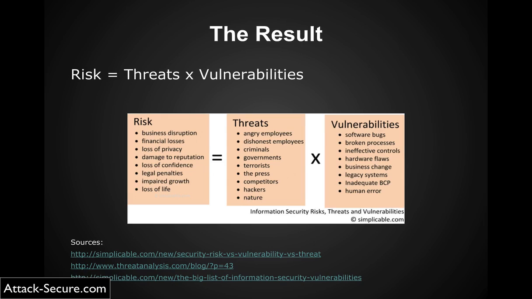So the final result is risk equals threats multiplied by vulnerabilities. Risk may be business disruption, financial losses, loss of privacy, loss of confidence, loss of life, legal penalties, and some other nasty things. Okay? Threats may be hackers, attackers, terrorists, criminals, organized crimes, governments, dishonest and angry employees, and vulnerabilities